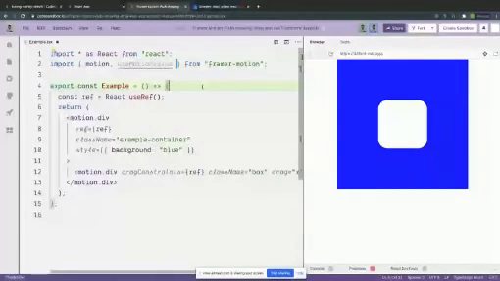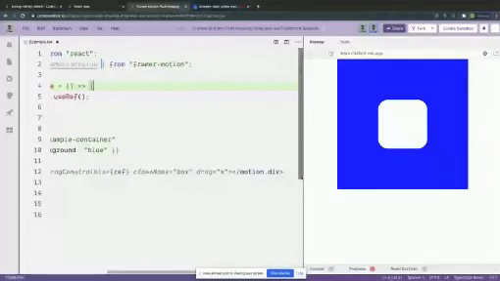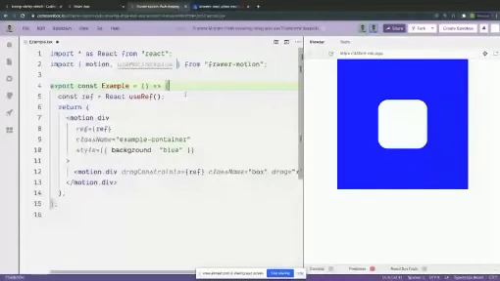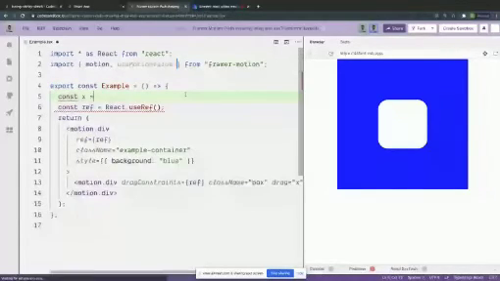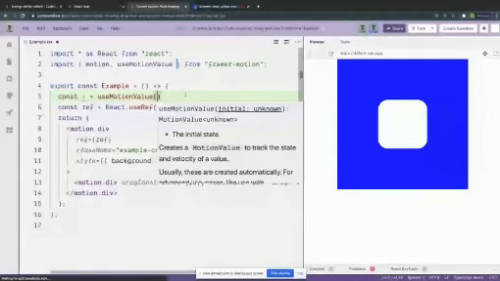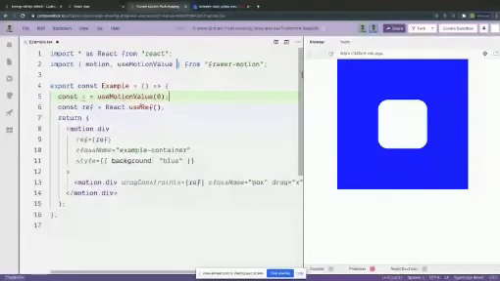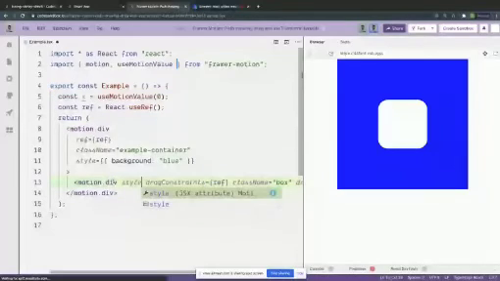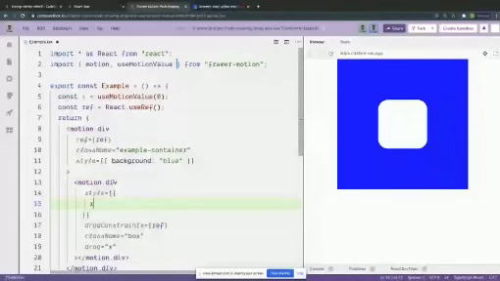So what I can do here is, because it is animating in the X direction, I can use a motion value. Initially it's at 0, and I can then give this a style prop, and now this X becomes a value that I can control.